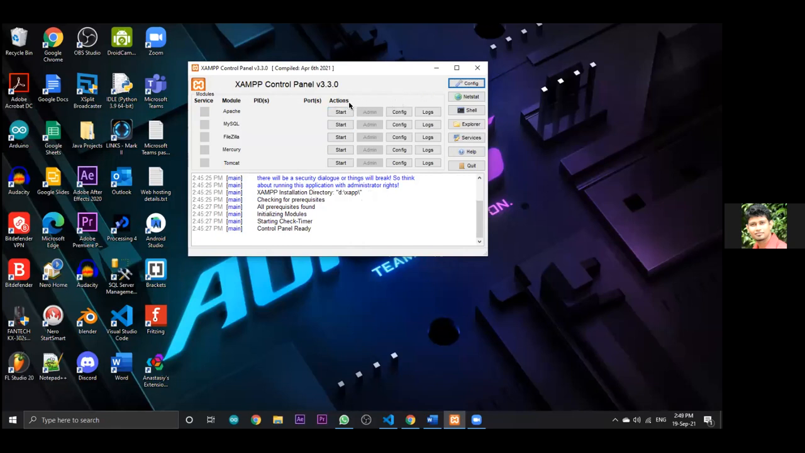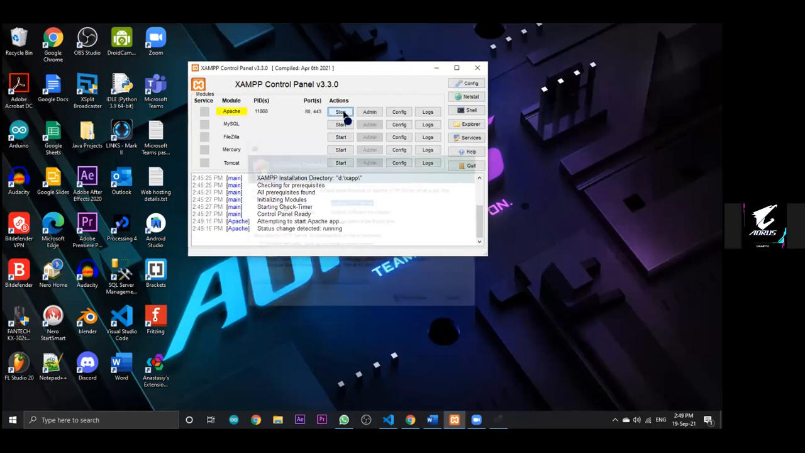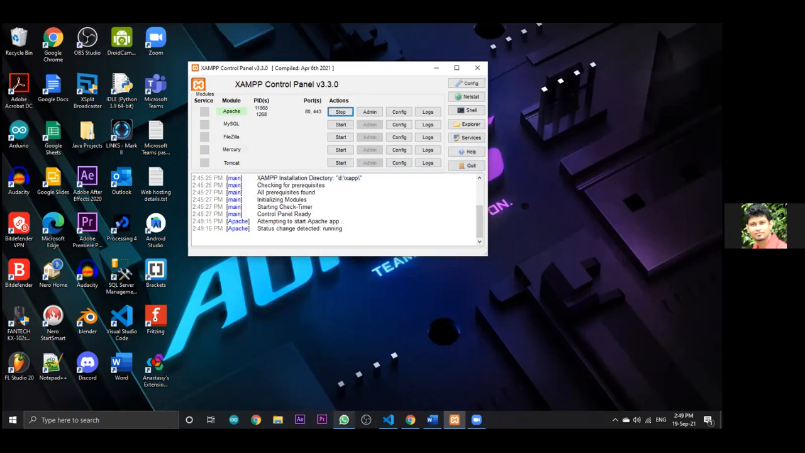Okay. Isn't it starting? Click on start button. Sir, the Apache, the one? Yeah, Apache one. Finish. Okay, now you can see it started, and now you can go to the XAMPP folder,